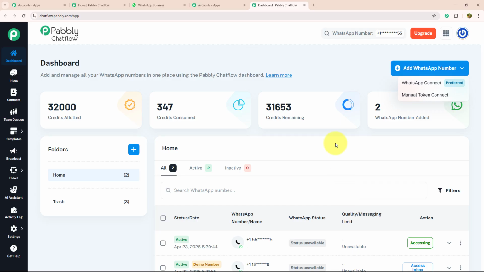Not only that, there are many more features on the dashboard. Let's see each feature individually. Below dashboard, there is the inbox option where you can manage all your conversations with your customers without opening WhatsApp separately. After that, there is the contact section where you can create new contacts and manage them according to your requirements. After that, there is the team queue section where you can assign different tasks to different team members and review their